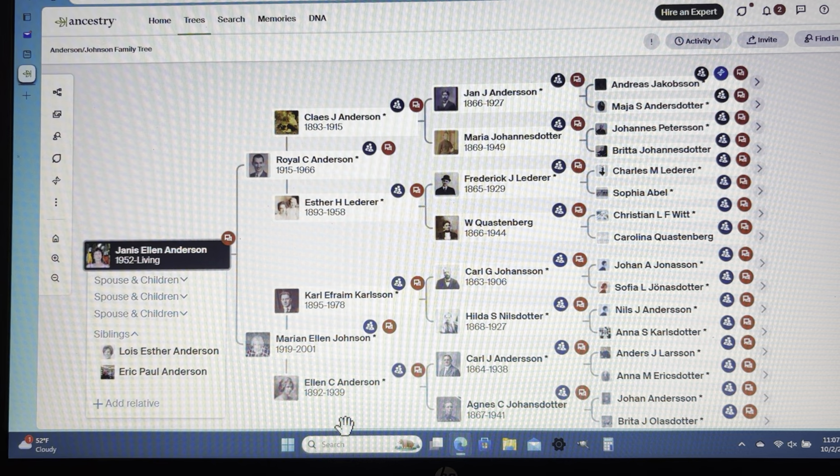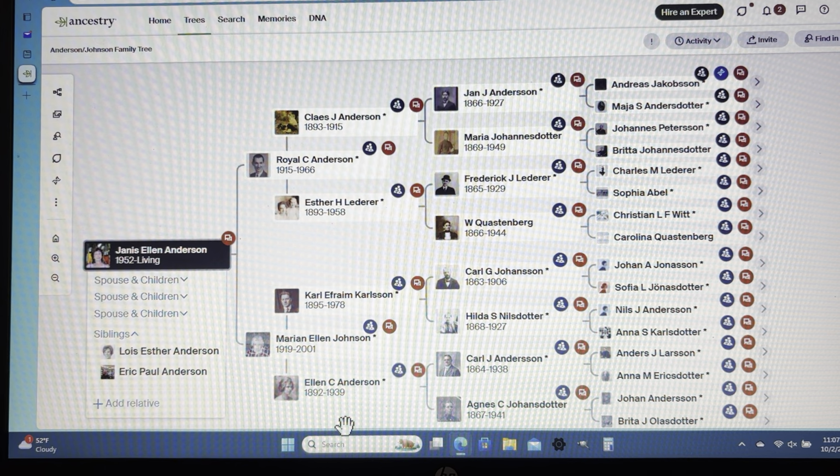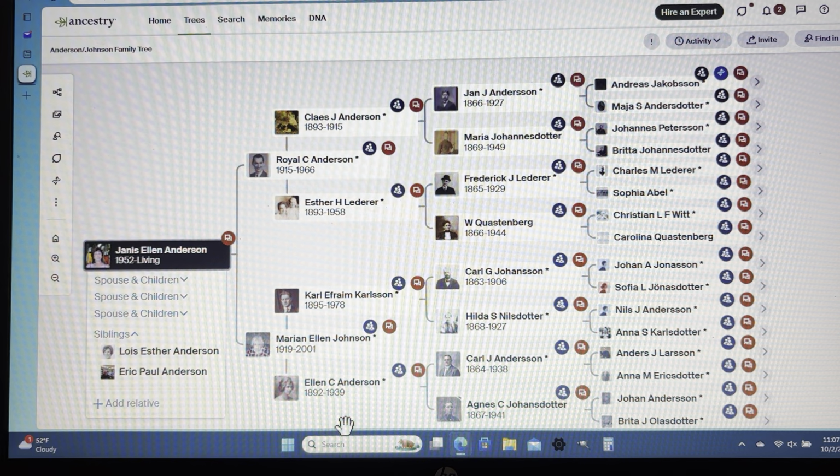And the difference is, I have not found their search capabilities to be as good. It's clumsier to search on FamilySearch than it is on Ancestry. Ancestry is the slicker model. It's the easier one. Once you know what you're doing on Ancestry, you can get a lot of information pretty quickly. FamilySearch is clumsier.